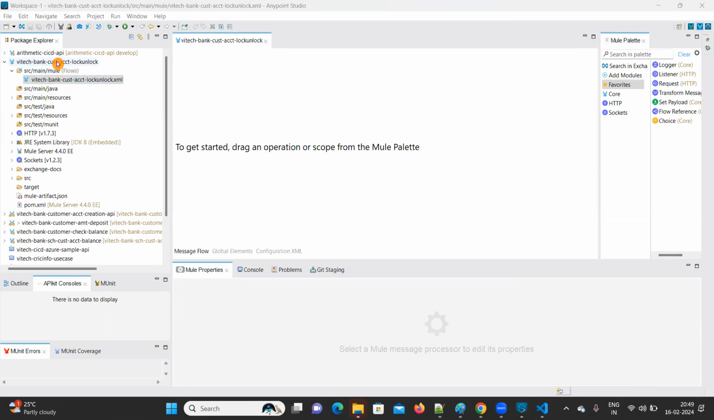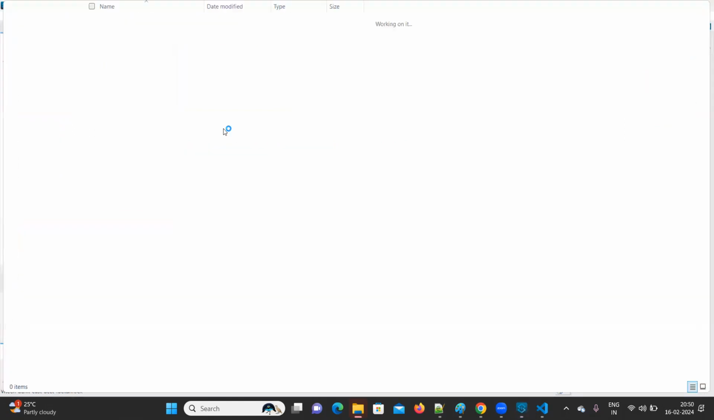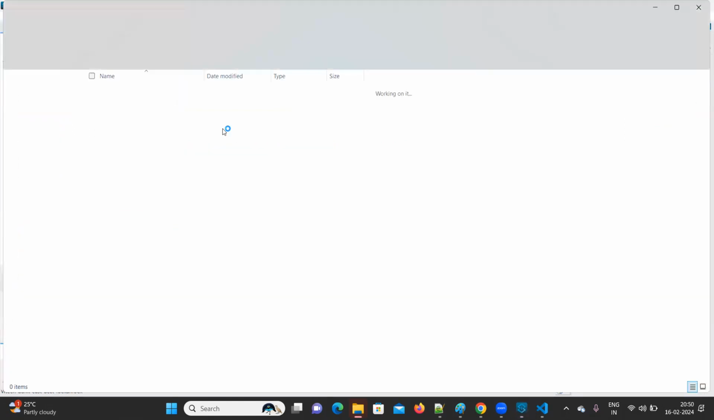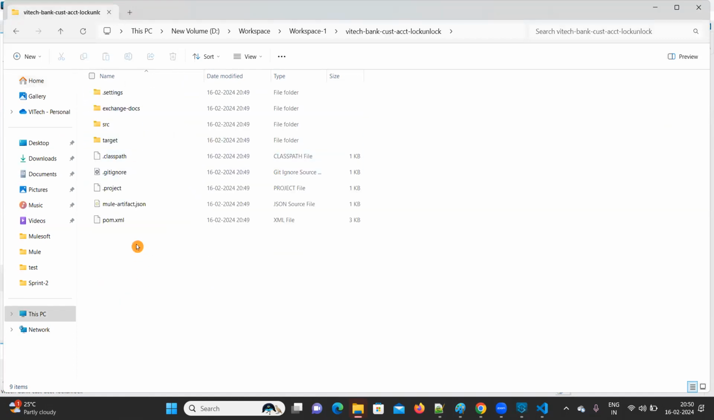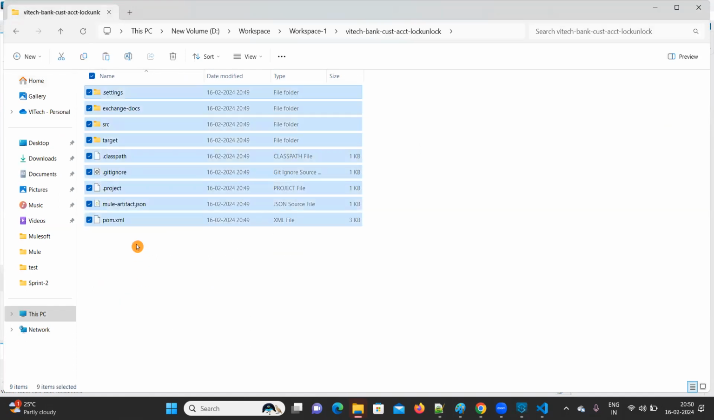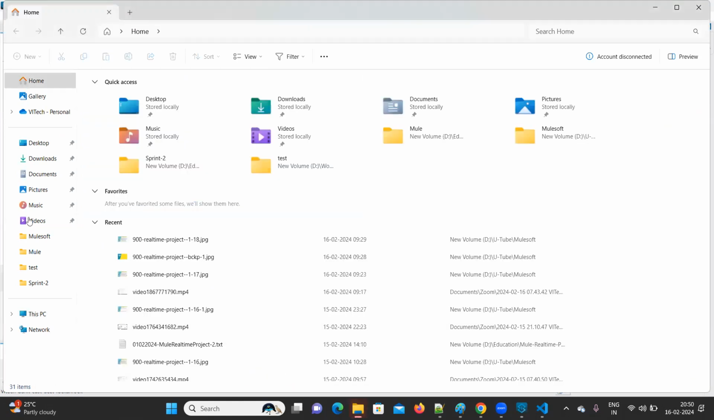This is our sample project. So what you can do, just right click, go to System Explorer. Okay. So first you need to create an empty project. Okay. Now go inside this project, copy, and go to